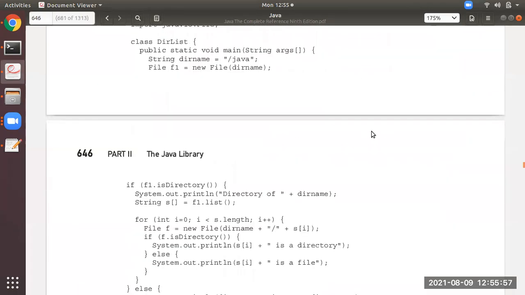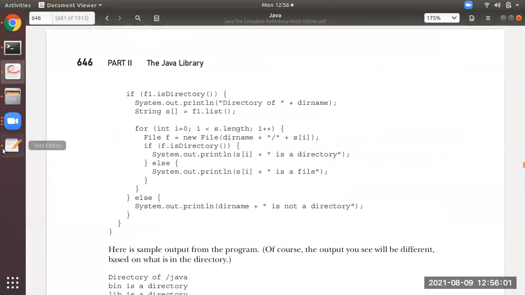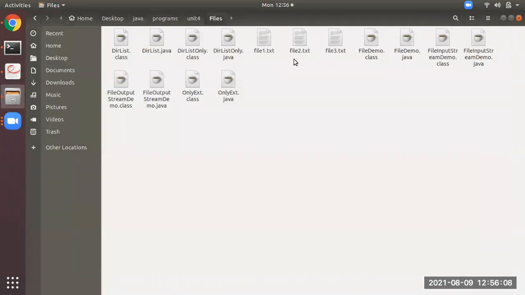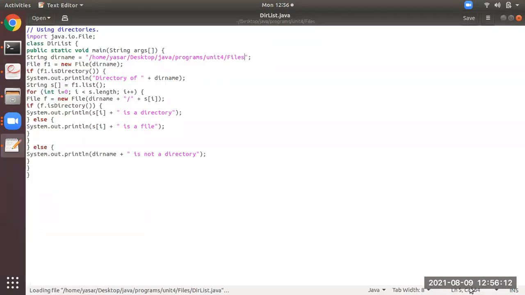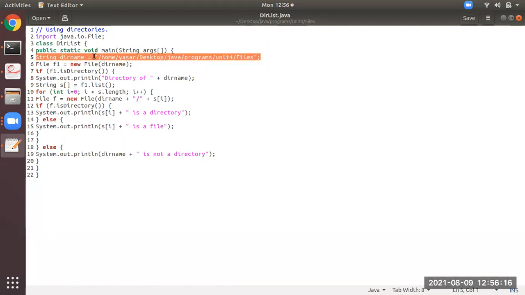Okay, students. So I have already copied the program. I will show you in my computer. What is the name, you just see here. DirList. Let's open this program. DirList.java. This is a program which I have covered. Again, students, see, I have given my path over here. Okay, dirname is one kind of a variable. In that variable, what I am doing is I have stored some path, my computer path. Okay, I'll press Control L. You all can observe.